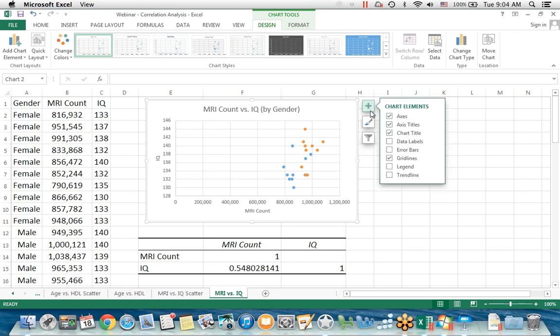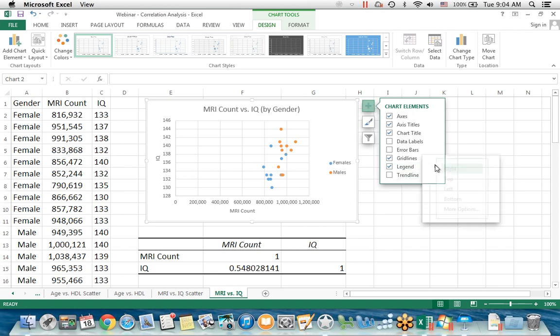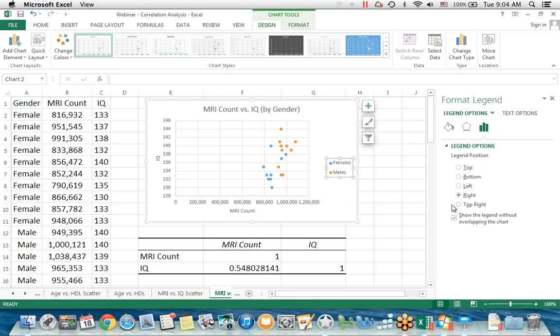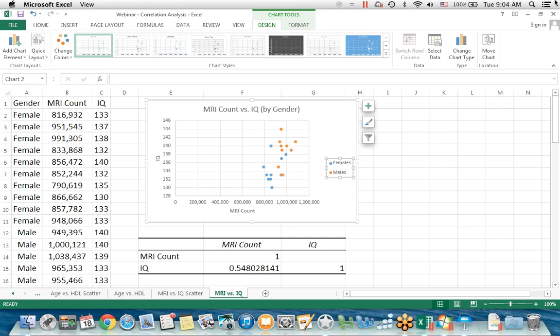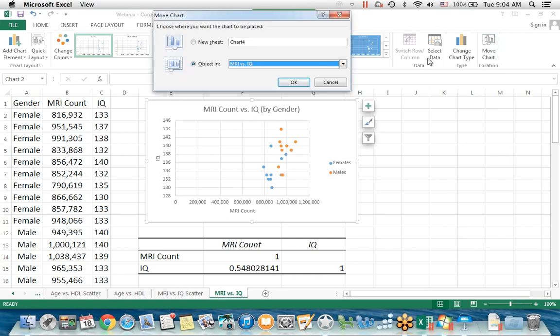So what I'm going to do is add a legend here. I'm going to click on the plus sign, go to chart elements, and add legend. There are more options if you want to change the size or the location. You can click on that, but I don't need any of that. Now I'm going to move this to a new